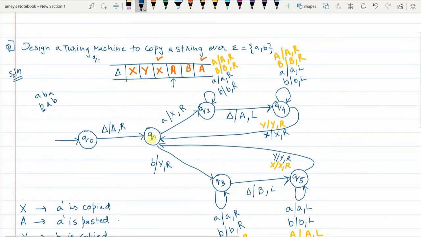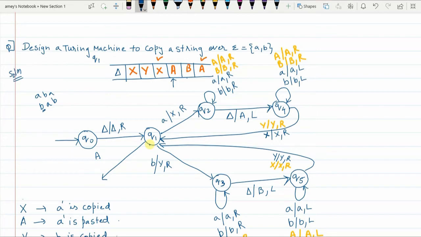Now if there are more a's or more b's that have to be copied and pasted, then you will go to this loop or this loop from Q1. But now what is happening? As from the previous state, x was replaced with itself and we moved to the right. What do you observe in Q1 state now? What are you reading? It is capital A. So you cannot go to this iteration. That means in Q1 state, if capital A or capital B is read, it simply means that all the values have been successfully copied and pasted and there is nothing remaining to be copied and pasted.